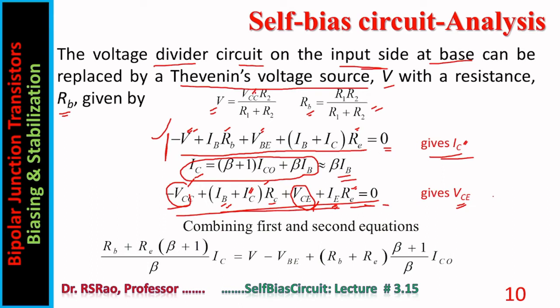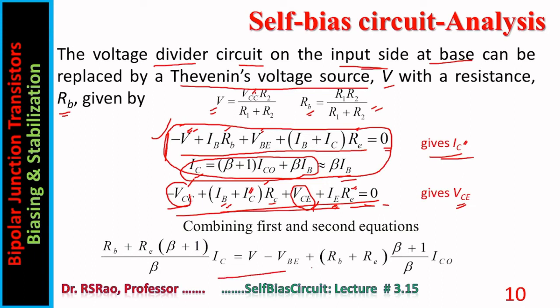While studying stability provided by self-bias, one equation is very helpful. That equation is derived by combining the first two equations. Out of these two, the first one is the equation written around the base circuit, KVL written around the base circuit. The second one is the analytical relation for collector current, output current. Combining these two,